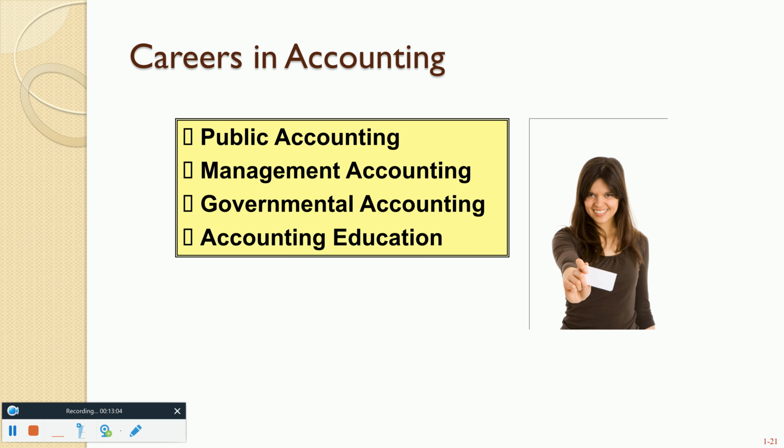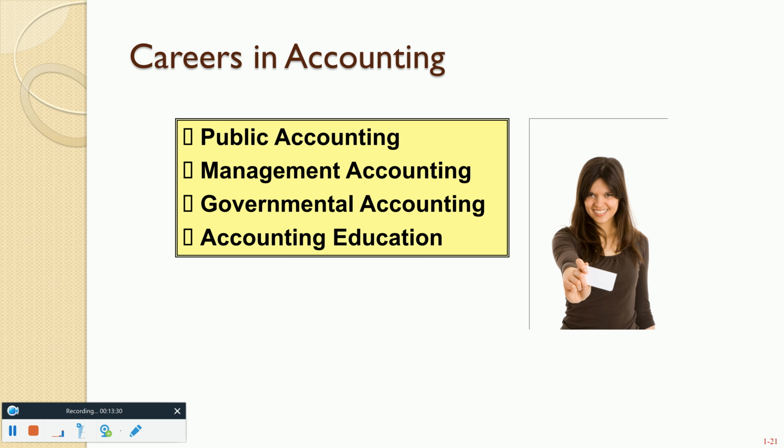In accounting, you will find accountants in public accounting, CPA firms, that's what that is, and they basically work for their clients, whether it is audit, or tax, or just consulting in general. Management accounting, that is when the accountant works directly for the organization. That would include the CFO and the controllers of the world.